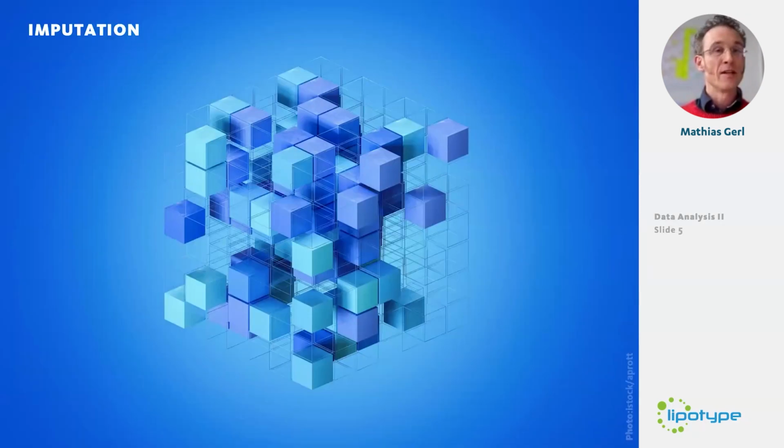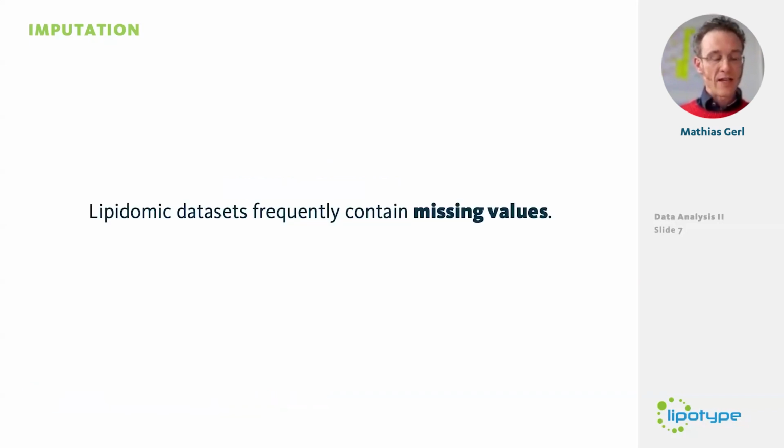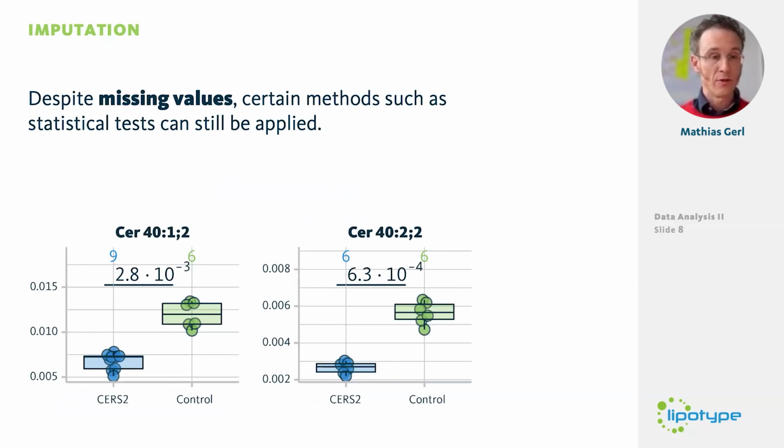Okay, so imputation first, which is the effective handling of missing data. If you do lipidomics analysis, and especially untargeted, you have missing values, and that doesn't have to be a problem. For example, if you do a univariate analysis and have a set with more replicates and a set with fewer replicates, you can still do the analysis. That doesn't stop you, and usually that's what people would say is more rigorous and preferred. But